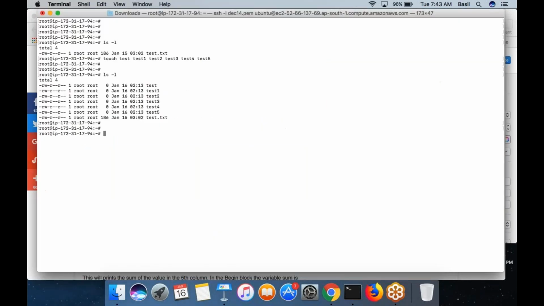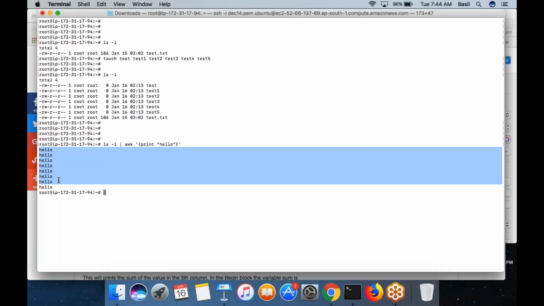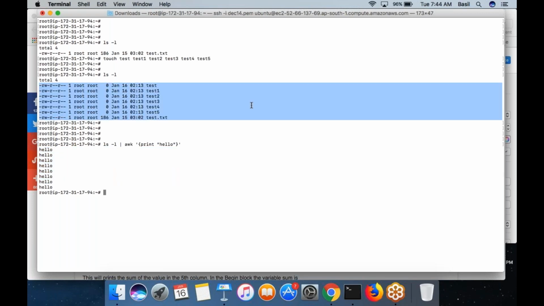Now let's say you want to run a command which would print only the permissions of the files and also the file name. So on this output, you send it to the awk command: put a pipe symbol, then run the command awk. I am putting only the main action section. Over here I am running a command. Print is an awk command that prints whatever string you give to it. So if you put print hello, it would print hello for each record. That means however many records there are, it would simply print hello.